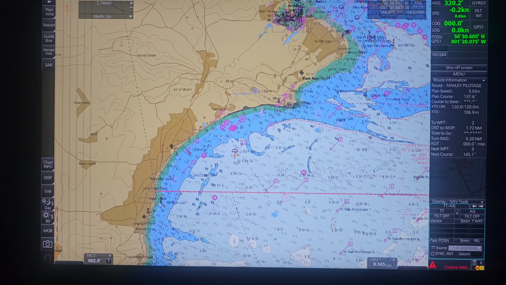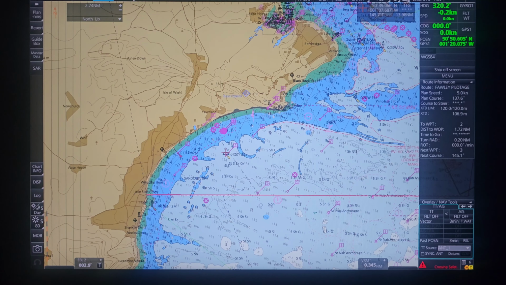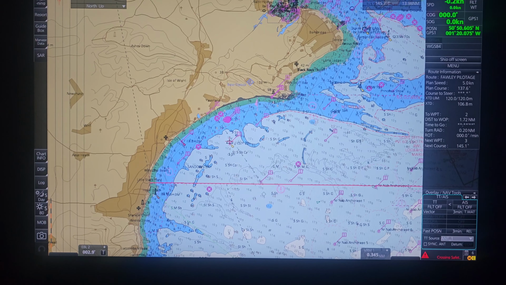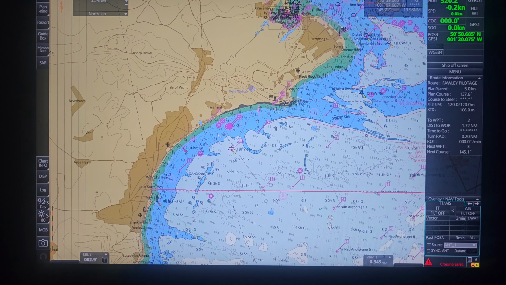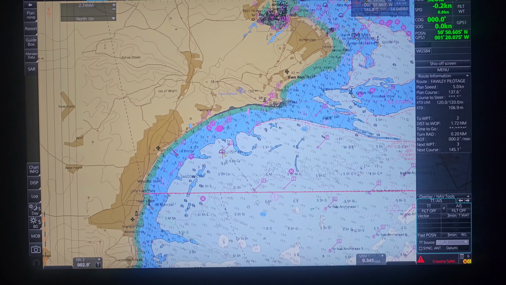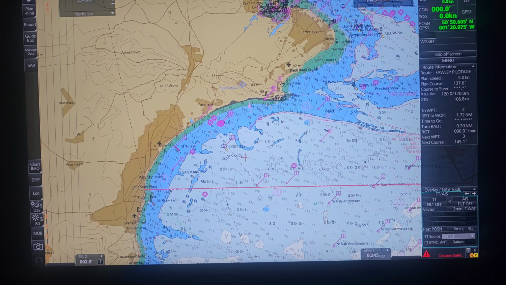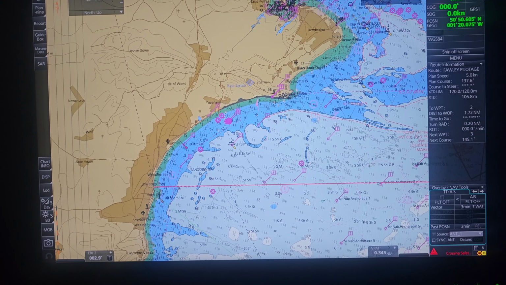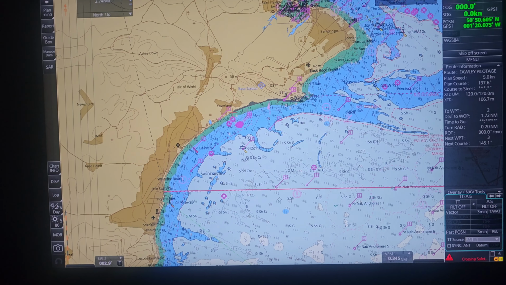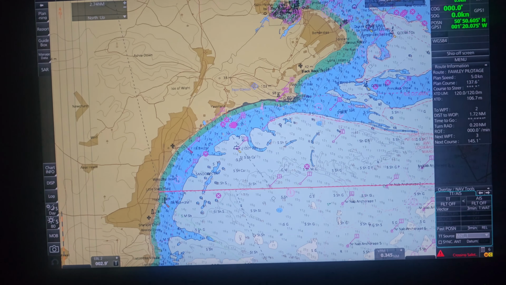So let's now understand how SCAMIN works. So you see this buoy here. ECDIS is loaded with ENC. ENCs are basically Admiralty vector charts. So it is a vector chart. Vector means you will get layers of information. So this buoy, suppose this is a buoy, it is stored in a particular layer, and this depth, what you are seeing, 13.3, it is stored in a different layer. This land, what you see, it is stored in another layer. So every object on the ECDIS or AVCS system is loaded in different layers, and they compile it and